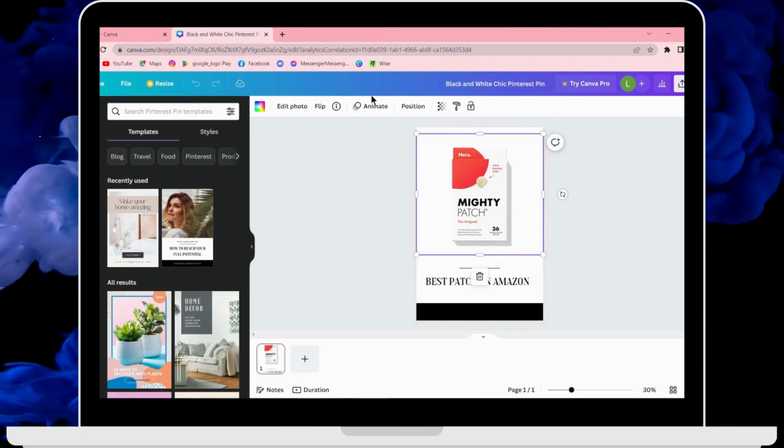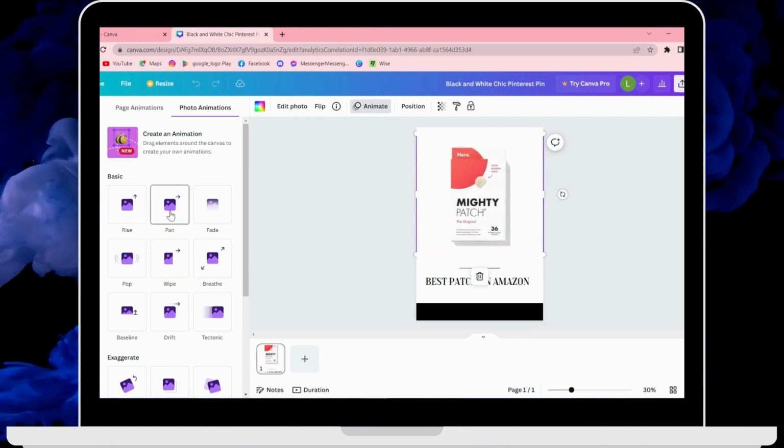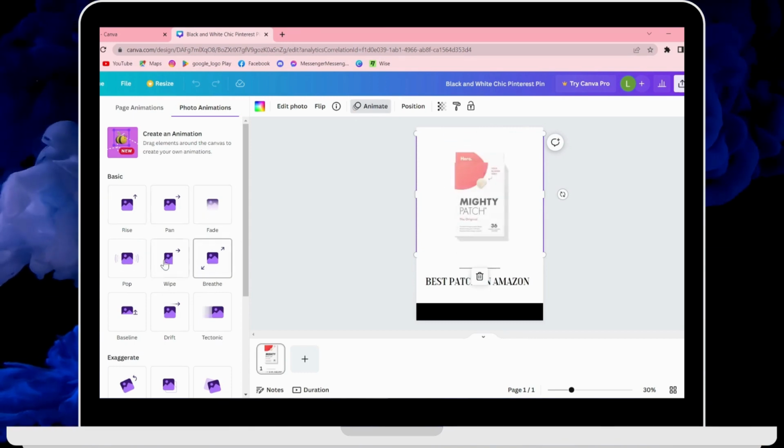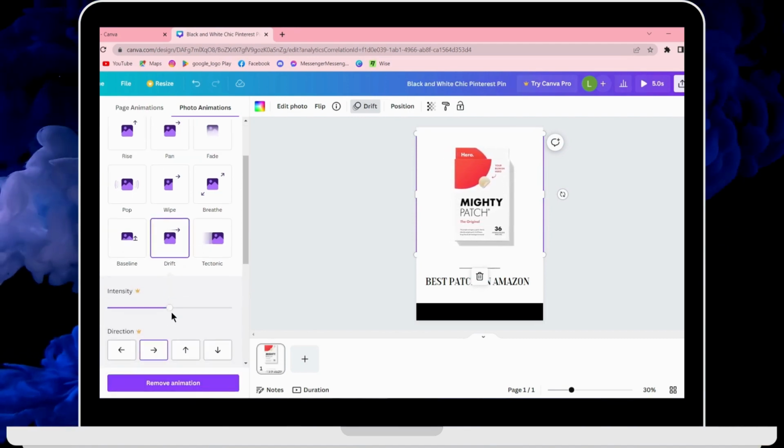After choosing your photo, click on your photo and then on the upper corner you will have the animate option. Click on animate. So here you can see that you will have all of these animations. You can also preview these animations by simply touching on them and not clicking them. And if you like one of them, then you can simply click and that animation will be applied to your